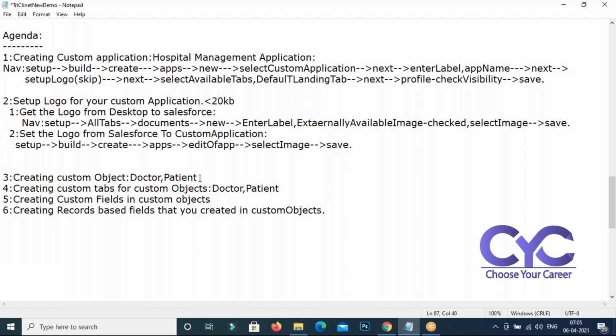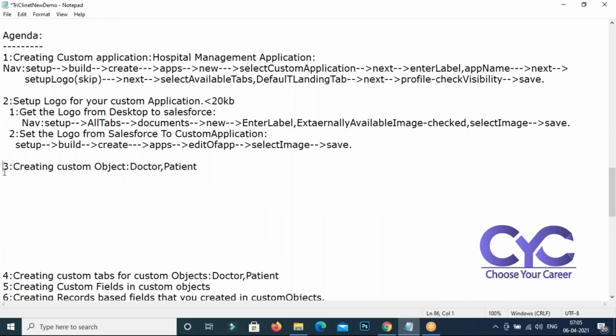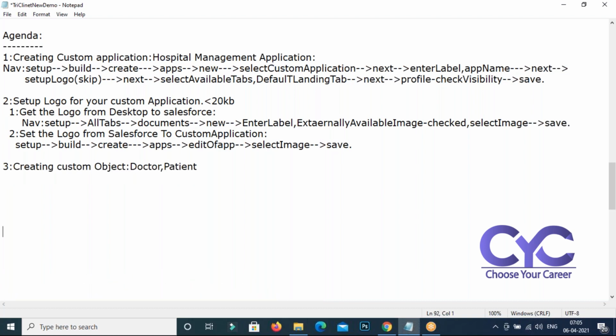we are going to create an object. Look at this. Before starting, there are types of objects that are available, right? What are the types of objects available? One is the standard object. Second is the custom object, just like the application types that we have seen already. One is the standard application, second is the custom application, right? The custom application that we created, and in the same manner, we're going to create the custom object.